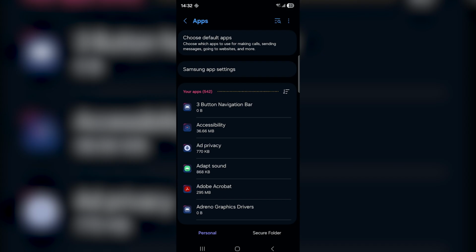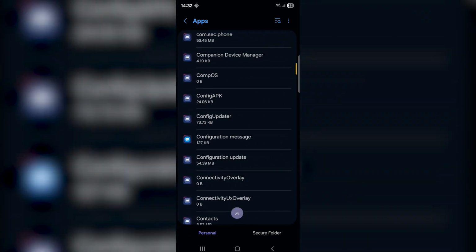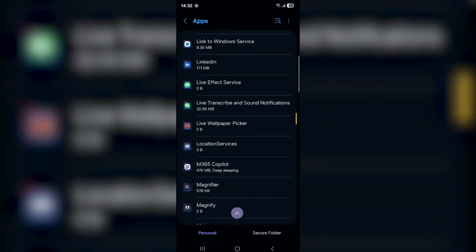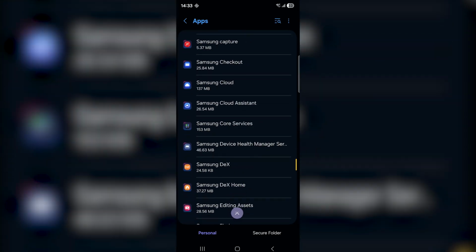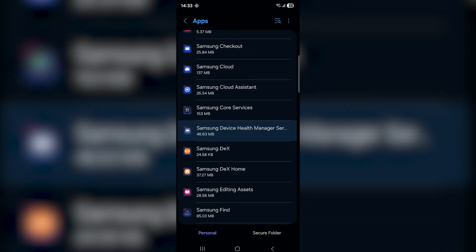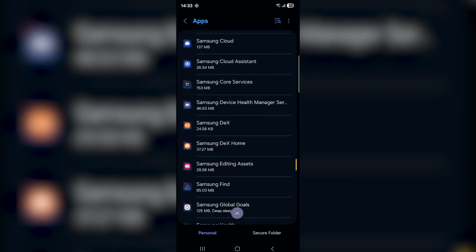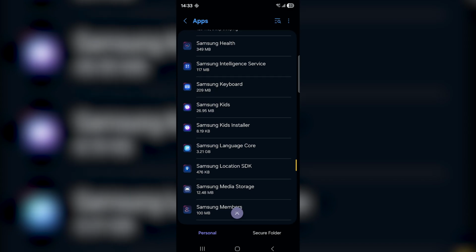Now, what I want to find is Samsung Device Care or Sound Alive. So I just want to go to S. There's going to be a lot of system apps, but don't worry, just go over to S. And then first I want to find Samsung Device Care. Once you find it, or anything like that, go ahead and clear the cache there. And then what I also want to find is Samsung